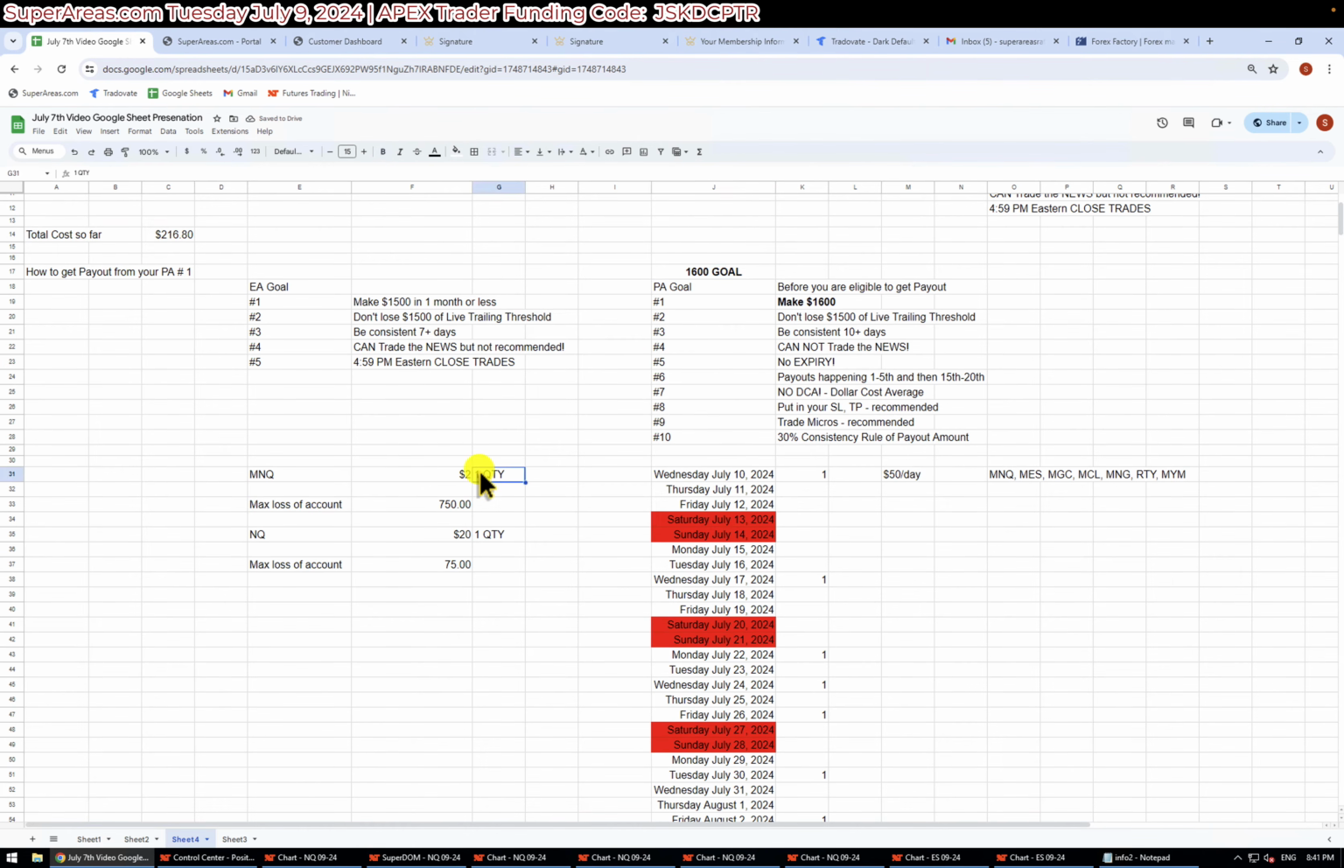So my recommendation is for a $1,600 gold account, maybe 2 micros, 3. If you take 2 quantity, that would take 300, and so divide that by 2. So that way you understand that if the market moves 375 points, you still don't lose your account. So you can start with 2 micros, MNQ, 2 MES, 2 gold,